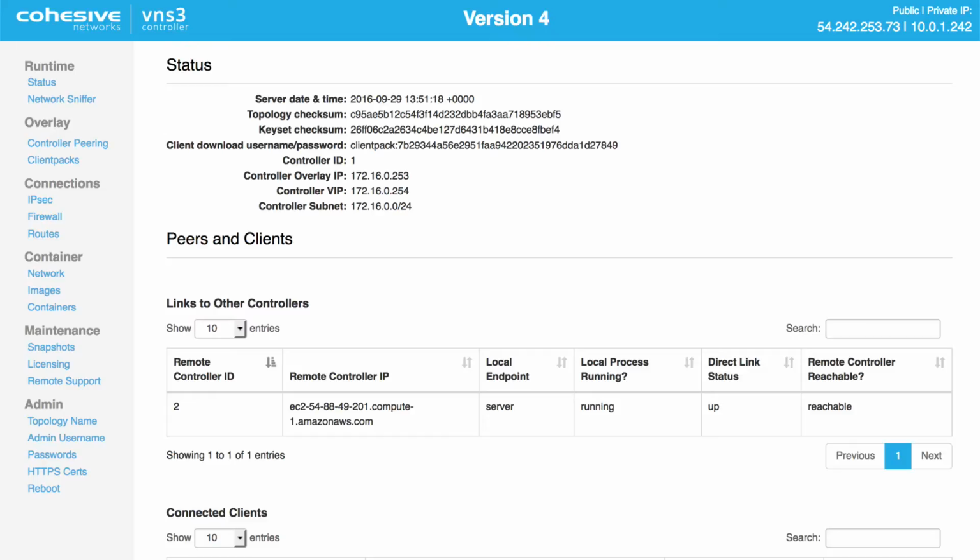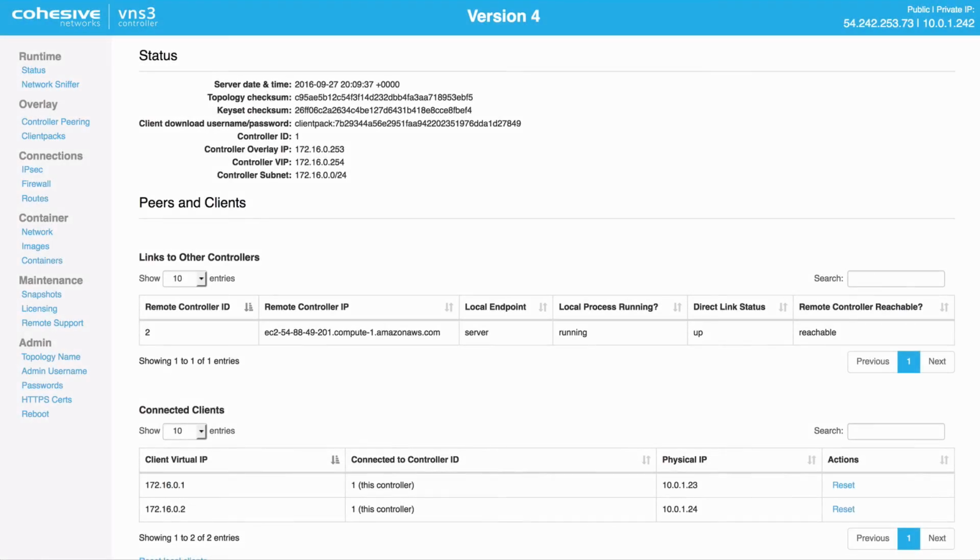VNS3 version 4 is a complete refresh from the bottom up. We've updated the hardened OS as well as the underlying components of VNS3. The UI gets a major makeover in version 4, and it really focuses on readability, ease of use, and maximizing screen real estate. This is important as a lot of our customers are moving larger and more important applications and